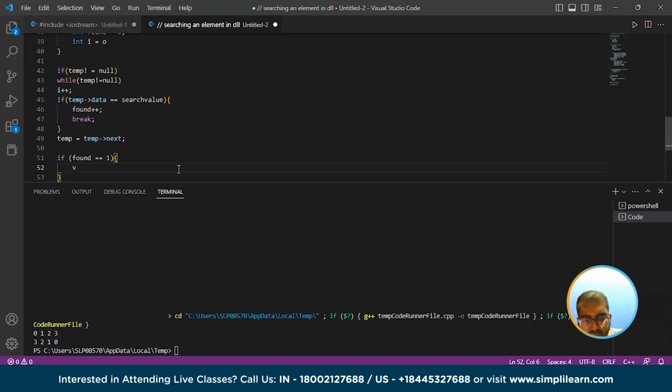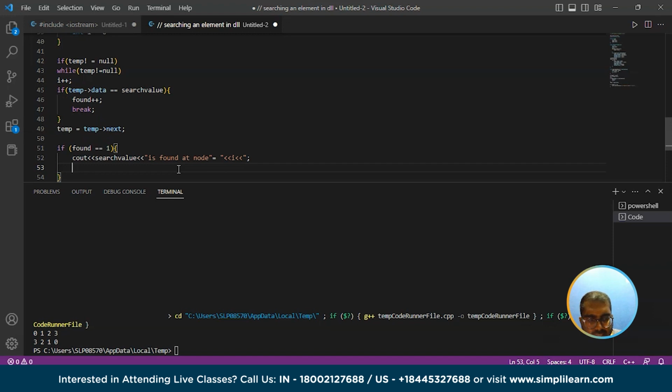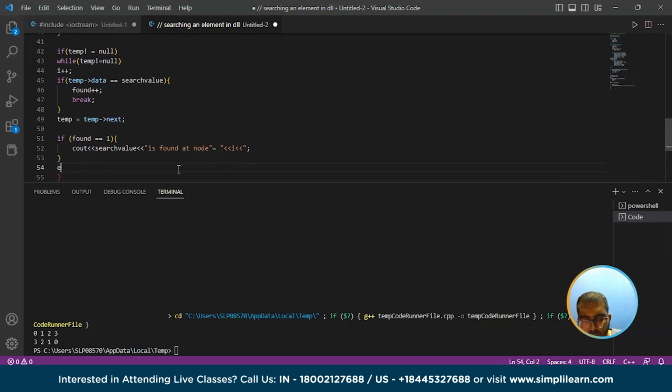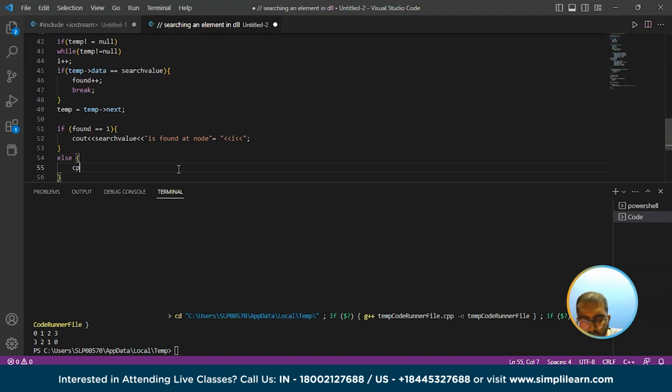So in that case, we will cout the search value, which is a parameter that we are passing again. We will say that the value is found at node, which is equal to the value that is i. So put a semicolon, and else we'll pass the search value, which is cout search value